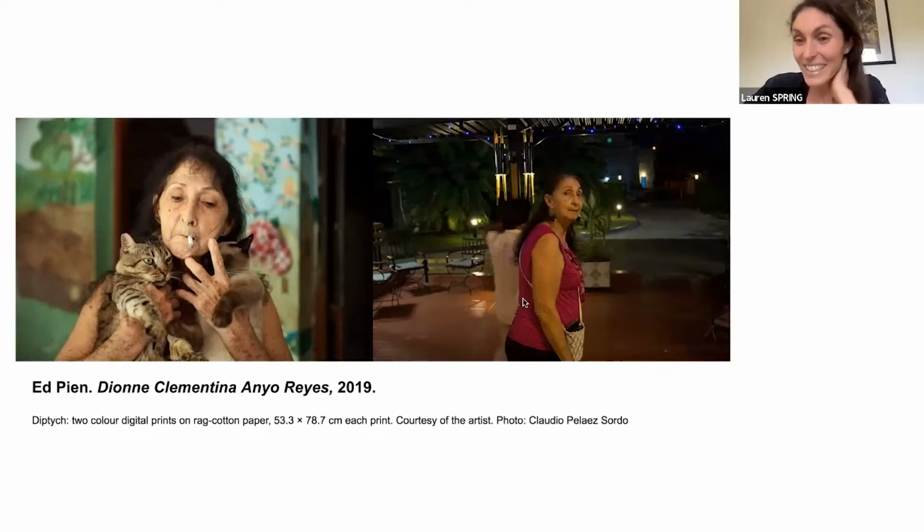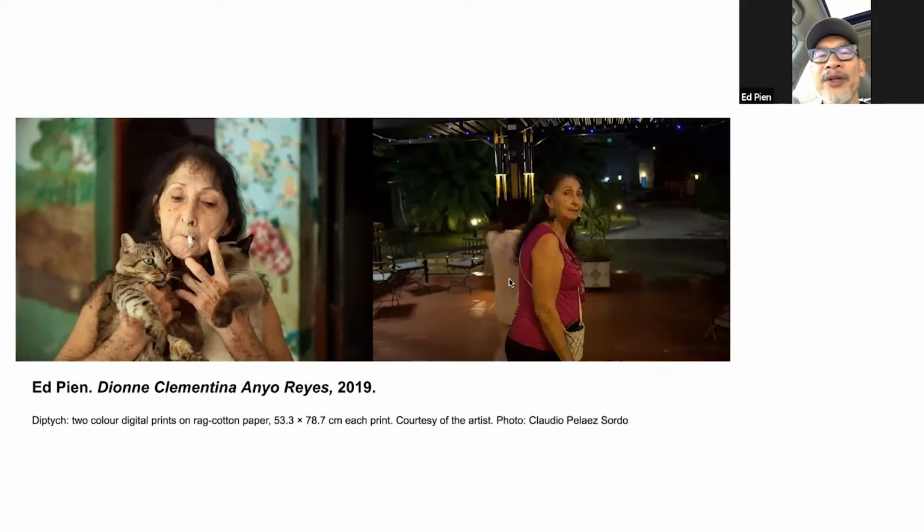And when I go to interview, I also bring a photographer, and he's my videographer as well. So we share taking pictures. The previous two with Barroso, I took, and these two Claudio took. The one on the left is one of the more powerful images in my collection of photographs.